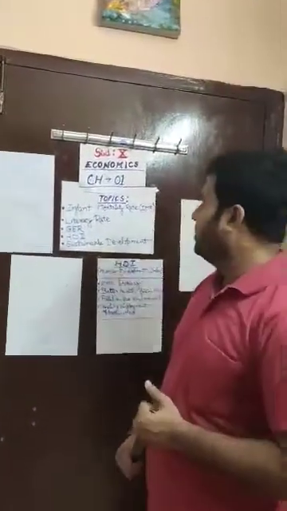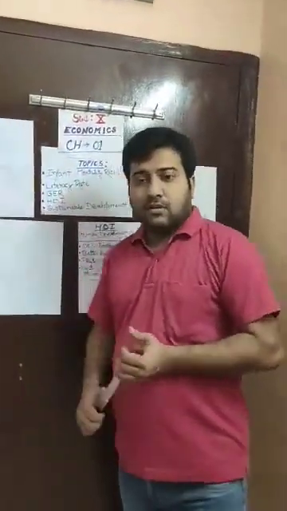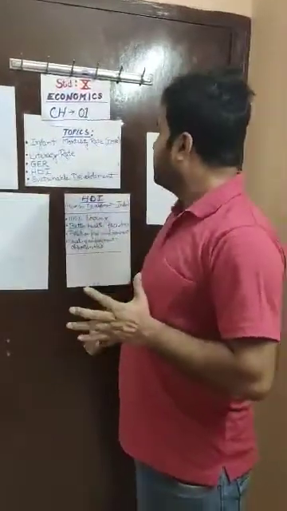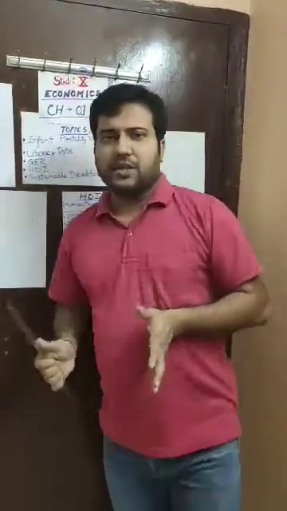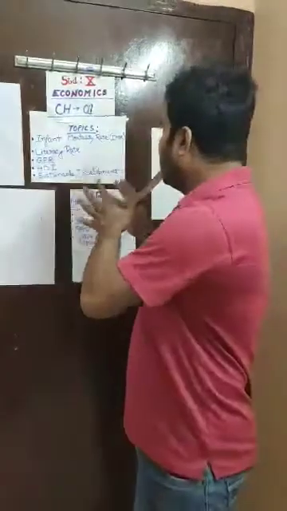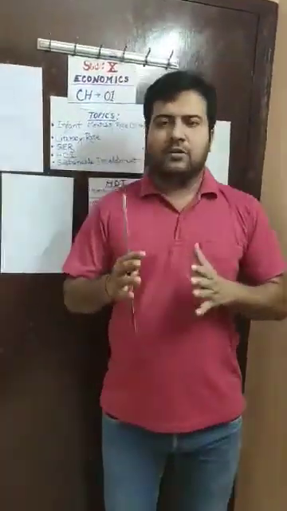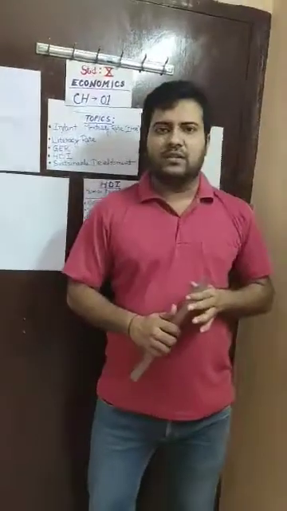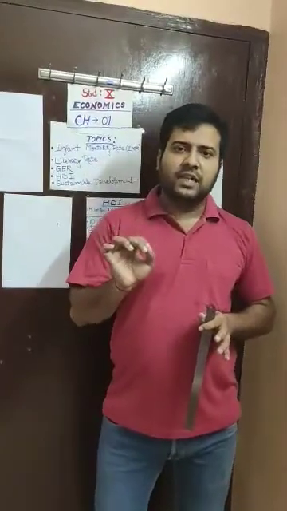Let's begin with IMR, infant mortality rate. Now, this IMR is very essential for a country. IMR clearly shows the health infrastructure of a country. Now, what does IMR actually mean? First, the word infant. Who is an infant? An infant is a human child whose age is between 0 to 2 years.